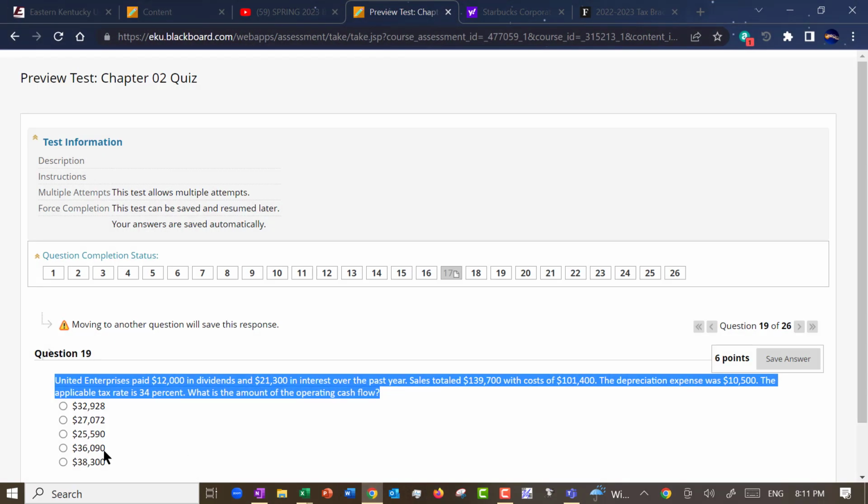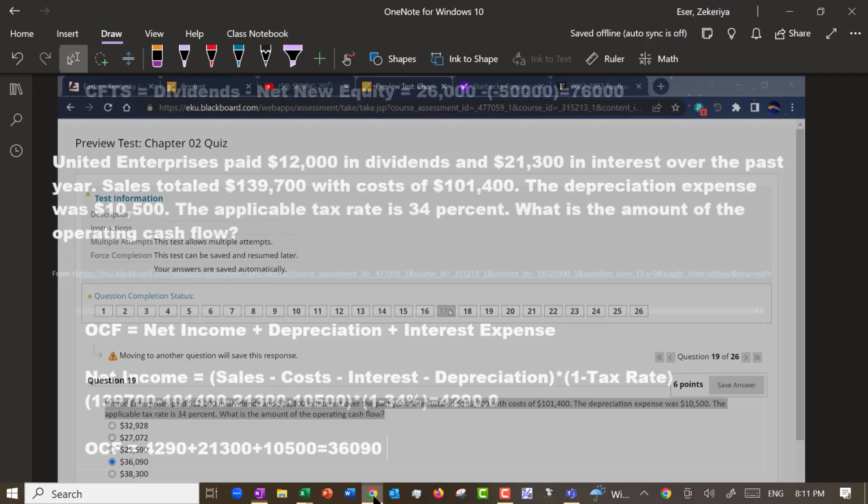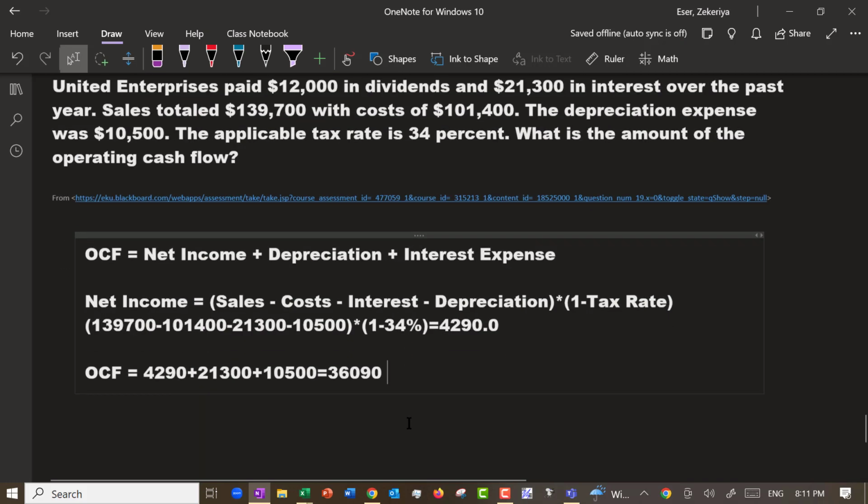Should be one of the answers. By the way, just because something is one of the answers does not necessarily mean that you get it right. Years ago, before COVID, my exams were confidence-based. So if you had a multiple choice, not only did you have to tell me the right answer, but you also had to tell me what sort of confidence you had in the answer.